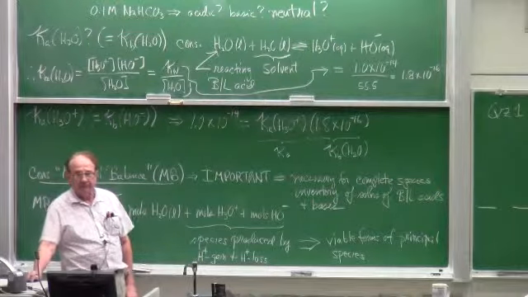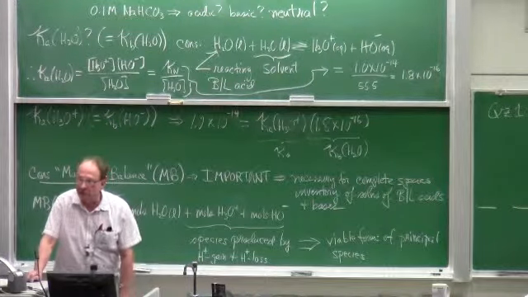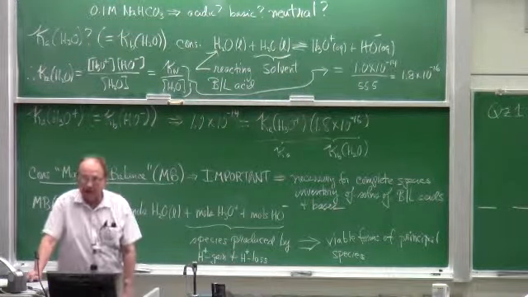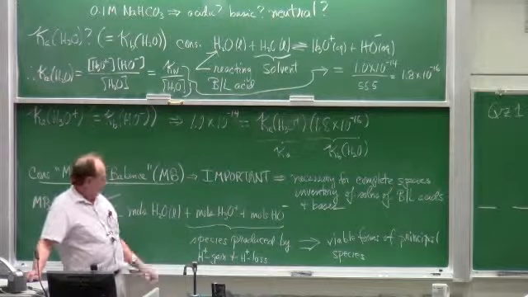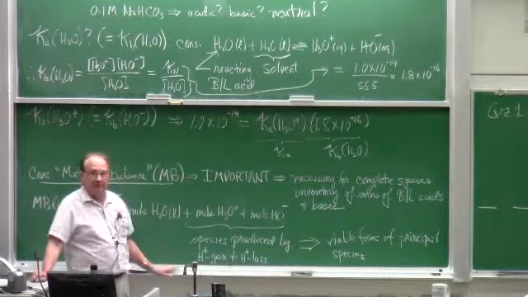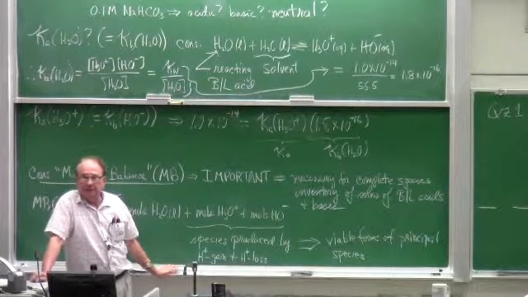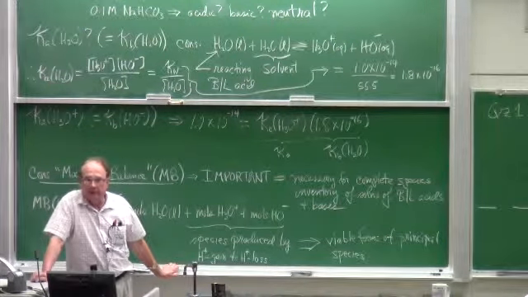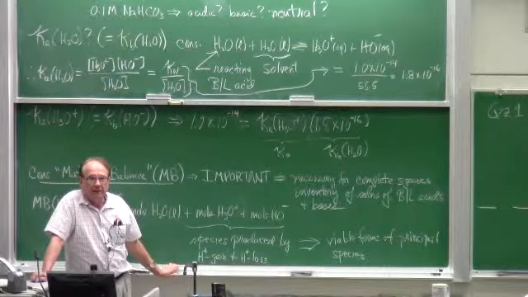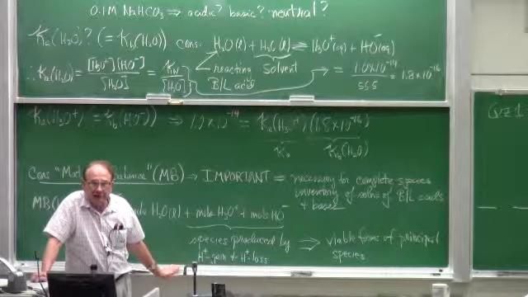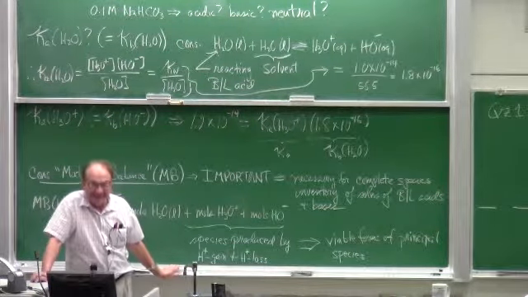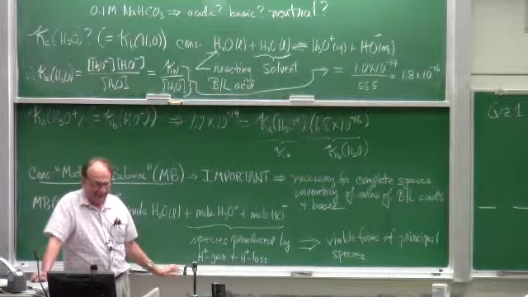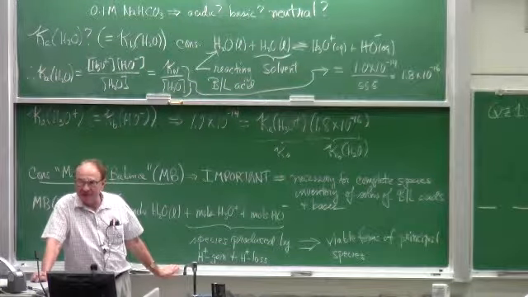Now then, if I'm dealing with a solution that I know to be acidic, which of these terms do you expect to be able to neglect without causing any error in your calculation? Hydronium. If the system is acidic. I'm sorry. I meant to say hydroxide. Good. And if the system is basic,